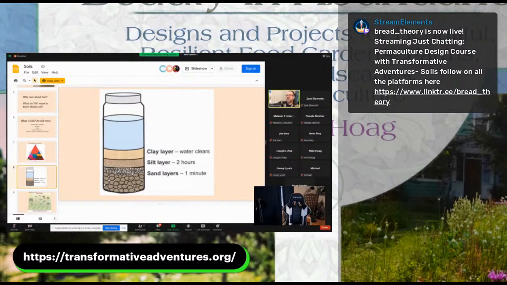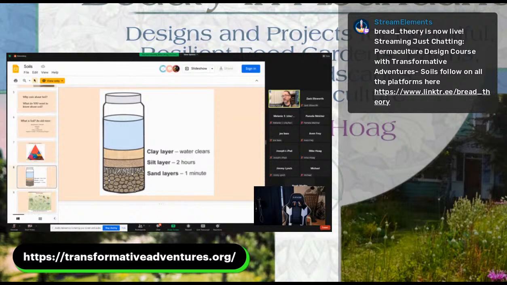Anyone have thoughts or comments or questions about that test? But soil texture is not the only thing you need to know these days. And it's much less limiting in a permaculture system than it is in a conventional garden system. In a conventional garden system, the only thing to really do if you have clay or sand is add compost, add organic matter.